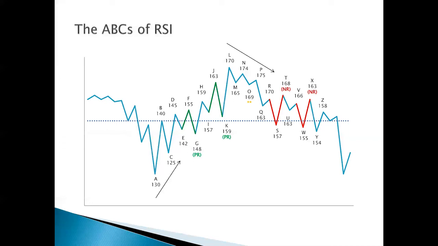So we had the bearish divergence on momentum high at L, bearish divergence at 174 N, and then it got to 175, but the difference was 3 points to 174. It should have gone to 177, but it failed to do so. Then it dropped to Q, and it rallied to R. Then it went to a lower low at 157. But think about what happened with the positive of M and O. It failed to achieve the target on the upside.